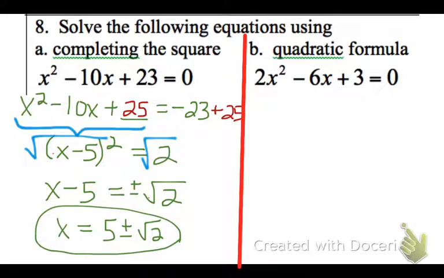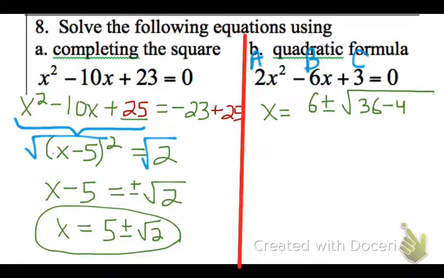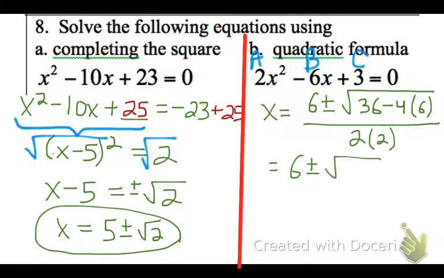Not sure if I have enough space, but we'll see. Let's see. We have the a value is here, a, and then b is negative 6, and c is 3. So let's see. X equals negative b, so 6, plus or minus the square root of b squared, 36, minus 4 times a times c, 4 times 6. 6 came from 2 times 3, a times c, over 2 times a, 2 times 2. So we get 6 plus or minus square root of 36 minus 24, I think that's a 12,